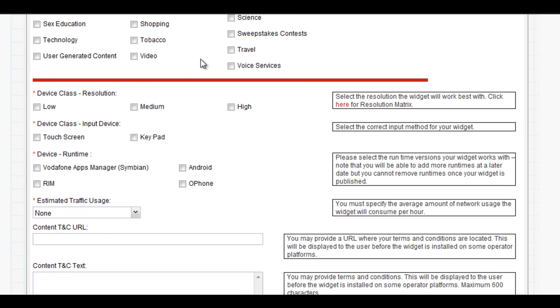Now we're going to define what's called the device class. This is letting the mobile shop know which sort of phones your app will run on. Not all apps will run on all phones. As a developer, you'll be well aware of this, and also you may not want your app to be available for all phones. So this is where you have the opportunity to say the app can run on devices with